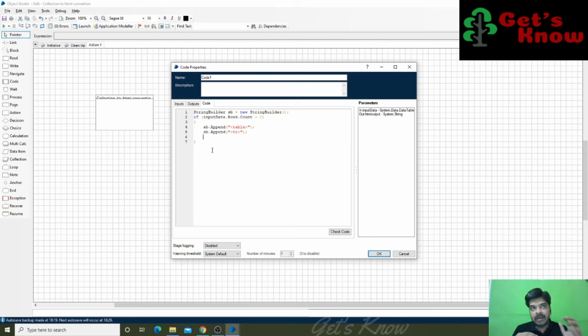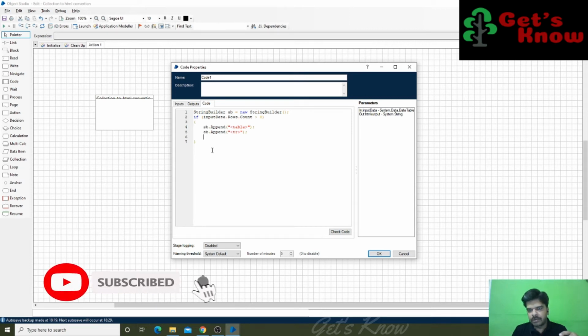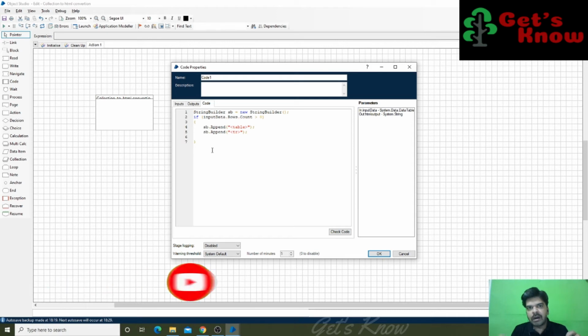In our collection we have column values, a minimum of 1 or 2, and it can be more than 2. So we have to collect all the header values from our collection.